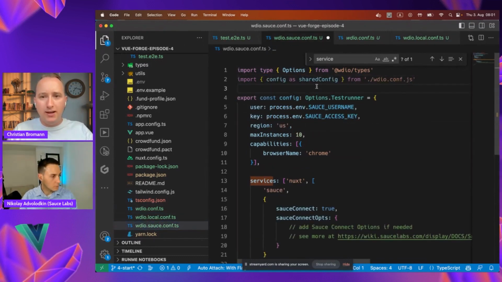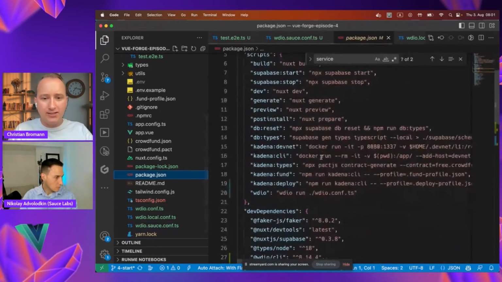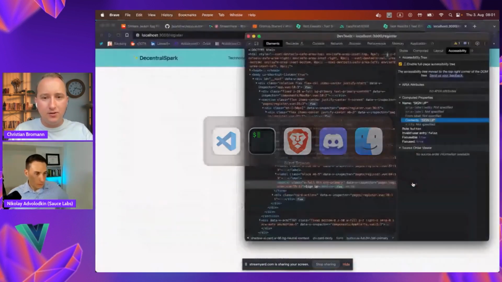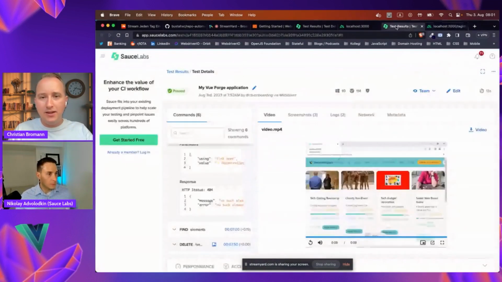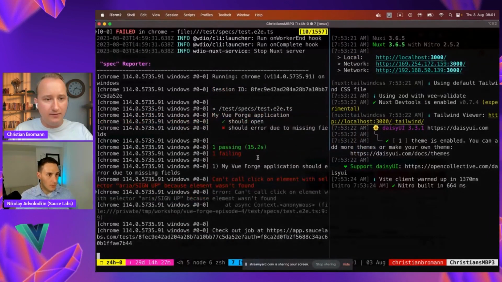So we import it and we expand it into our existing config. And then in our package.json, we create basically two commands, one for testing local and one for testing Sauce. That's great. So you can see now that our test was failing because the element wasn't there, but